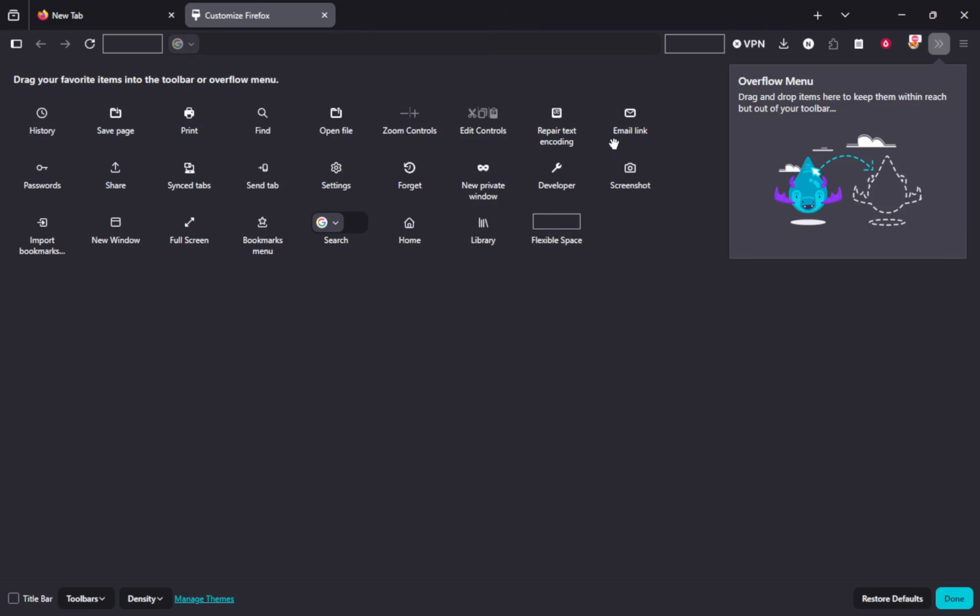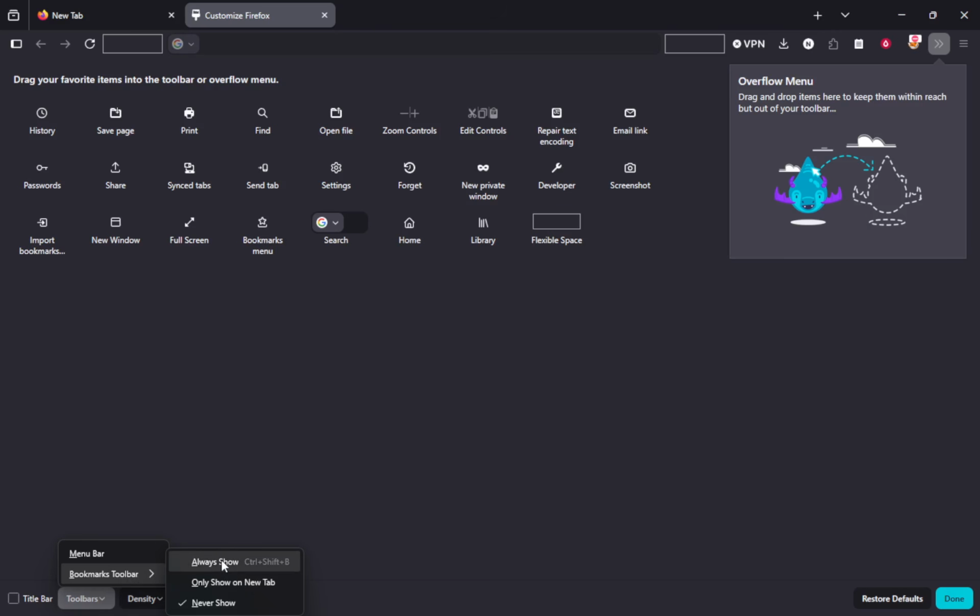At the bottom of this Customize window, move your eyes to the lower edge and find the Toolbars button. Click Toolbars. A small menu opens, showing different toolbar choices you can enable or hide. In that small menu, find the entry named Bookmarks Toolbar. Click Bookmarks Toolbar so it becomes highlighted.